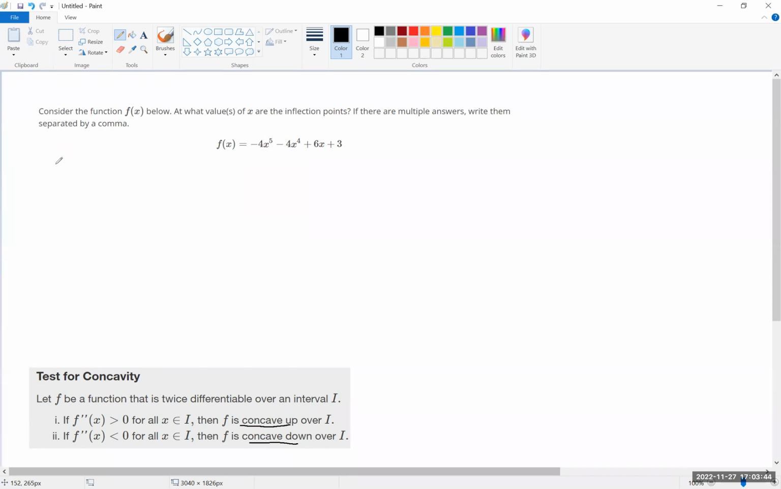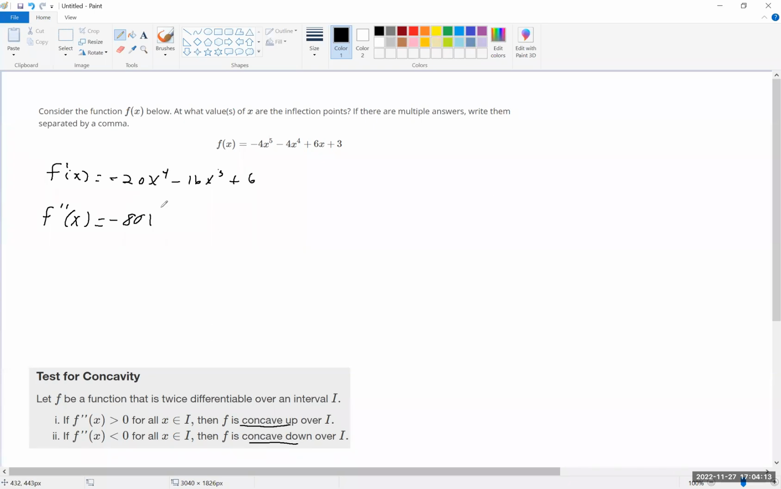So let's go ahead and first take the first derivative of f of x. So that's going to be minus 20x to the fourth power minus 16x cubed plus 6. And then we'll go ahead and take the second derivative of that function, which is going to be